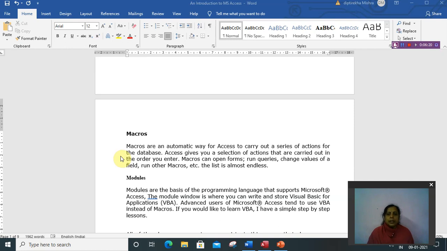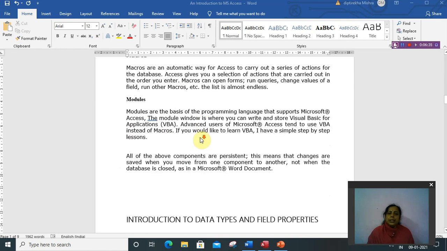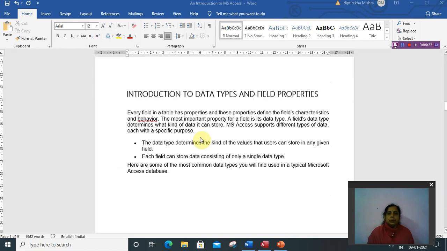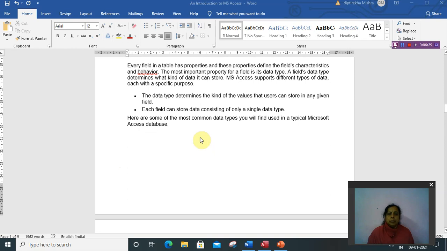Forms. If the table has been created correctly with its proper data types and with proper fields, then we can create a good database. Okay, so there are different data types that are used in a table. So let us discuss the different fields and what data types are available in MS Access.